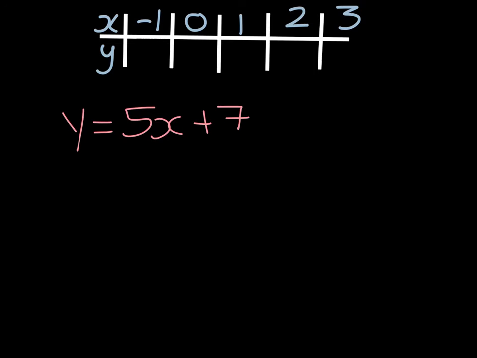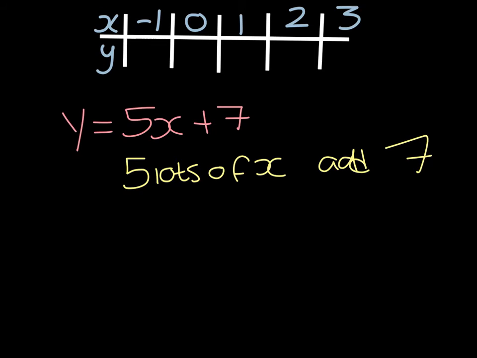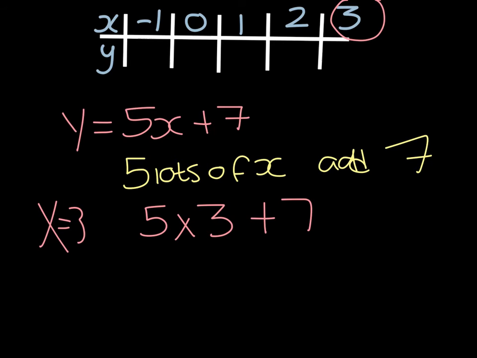This is telling you, to get your y coordinate, you need to take your x and do 5 lots of the x and then add 7. So if we pick an x coordinate, again I start at 3. If x is 3,